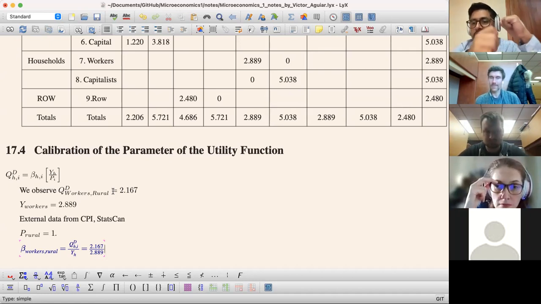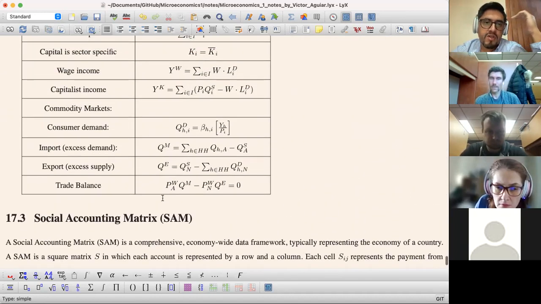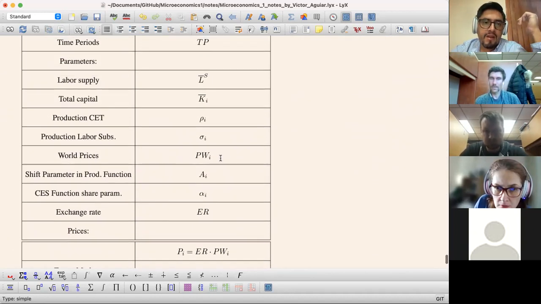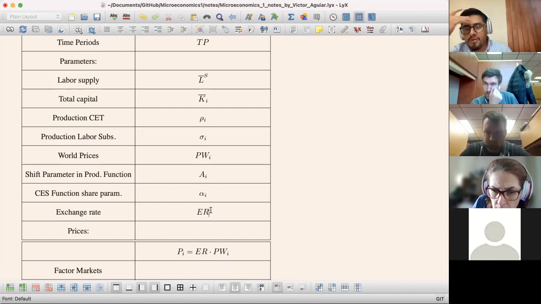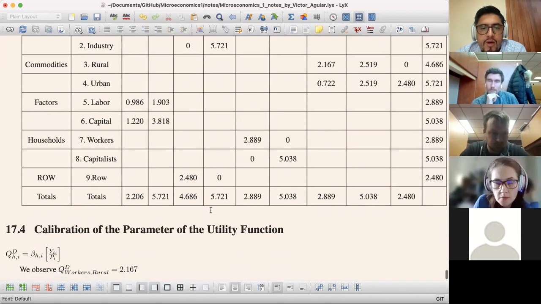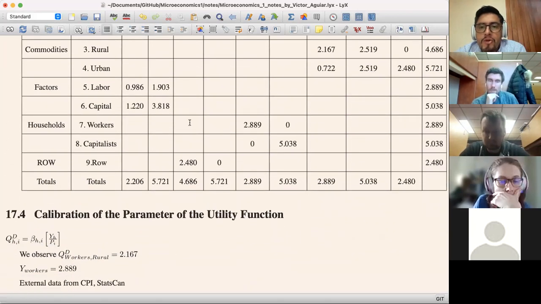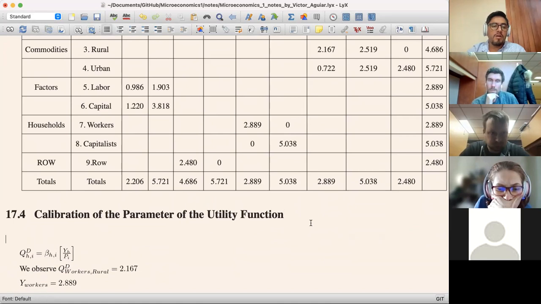So essentially, you have to go equation by equation, entry by entry of the sum, and then find all the parameters you need. So remember, what are the parameters? The parameters here are rho, sigma, the price of the world, the shift, alpha I, and the exchange rate can also be a data point. All of these you have to calibrate or find data for. When you do that, you reproduce the sum, and then the next step is you can do counterfactuals, right? So in general, calibration